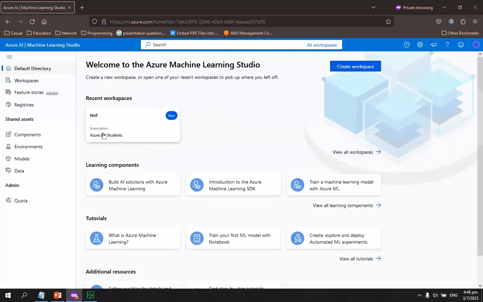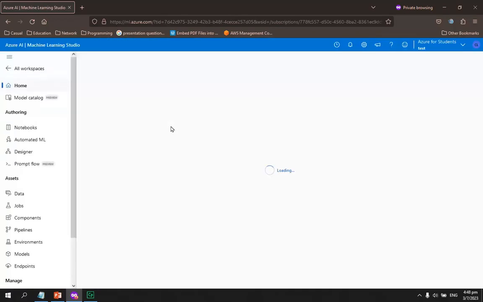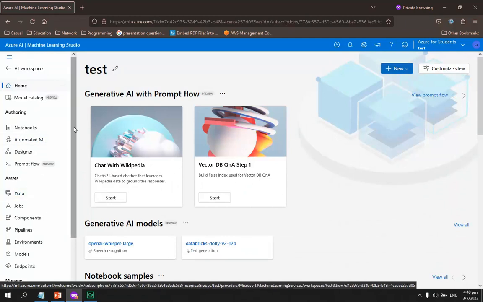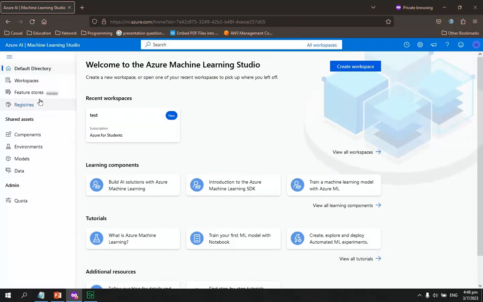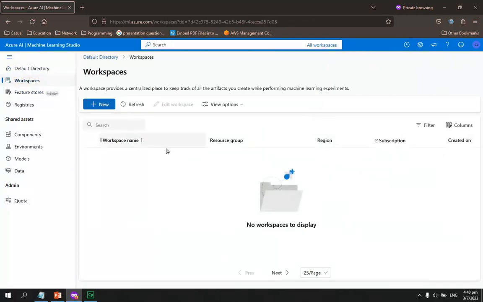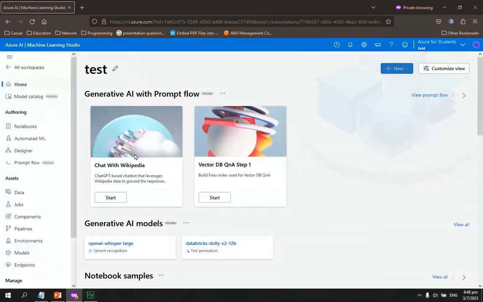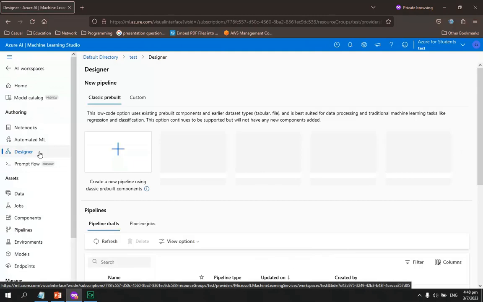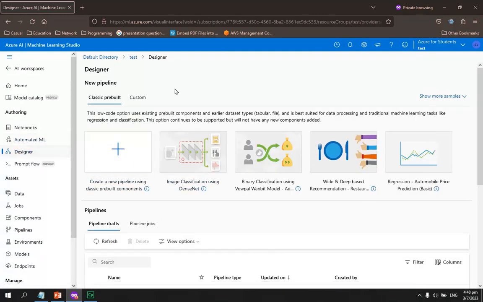So you can see that the workspace has been created for me. So if you click on it, it will actually bring you to the workspace for you to create your pipeline. You can see the workspace has been created. You just click on it, you will go to the same place again. So go to the designer. On the left, select designer on the left hand panel so that you can actually go to designer